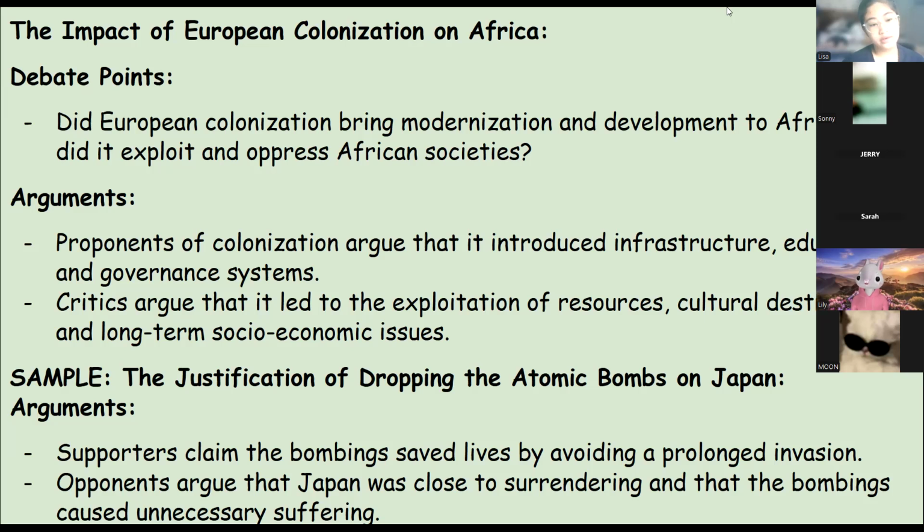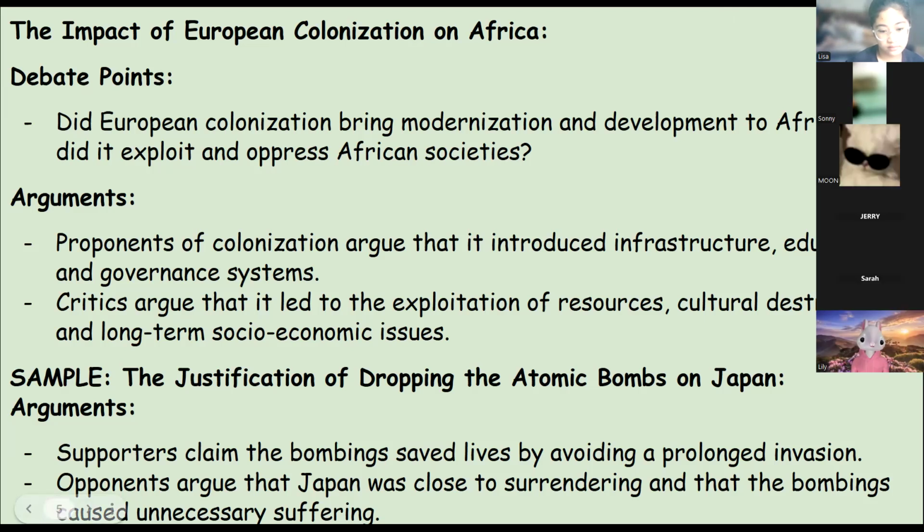How about Moon? Can you read for me the arguments, please? Arguments. Proponents of colonization argue that it introduced infrastructure, education. The sample, which is the justification of dropping the atomic bombs on Japan. The supporters claim the bombings saved lives by avoiding a prolonged invasion. Opponents argue that Japan was close to surrendering and that the bombings